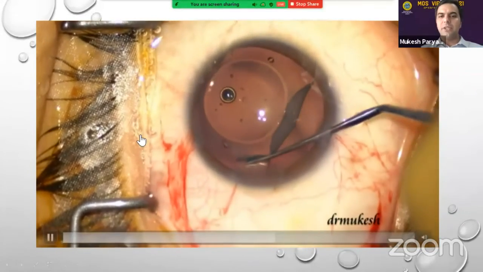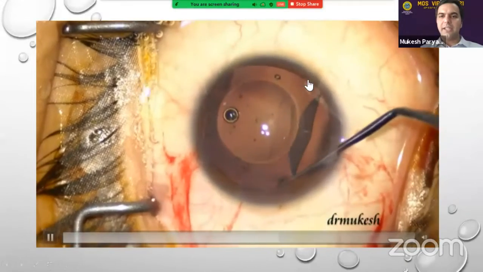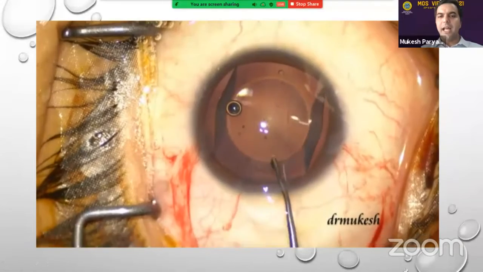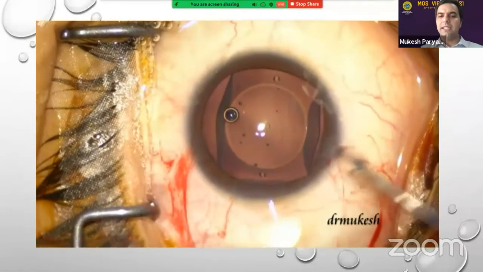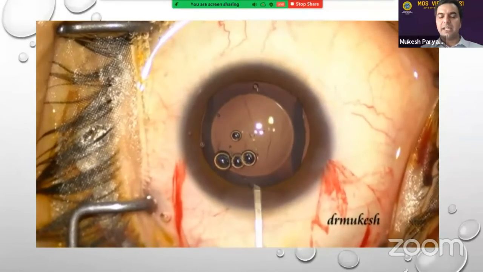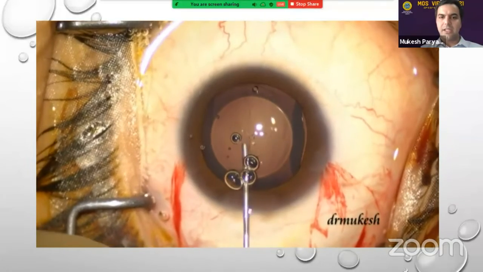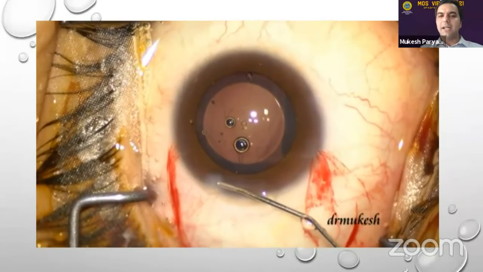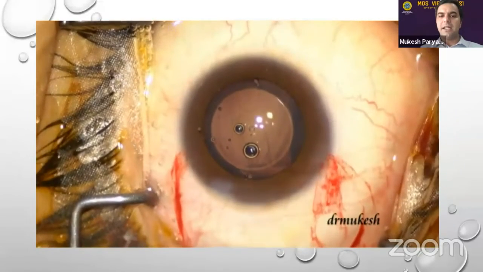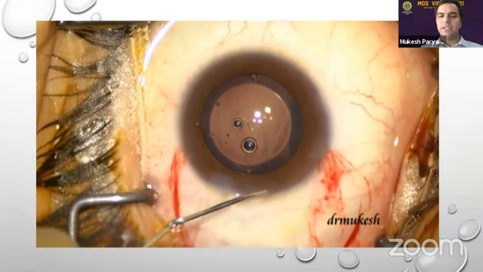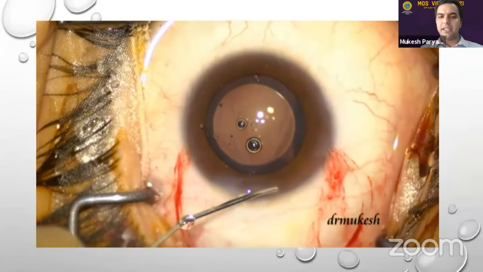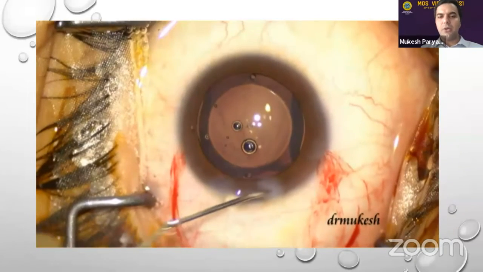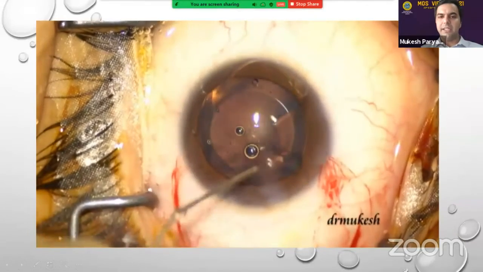So when I'm doing a STAR ICL, there is an orientation hole on the right upper corner and the left lower corner. And it is opposite for the Care Group IPCL that we use. Once I make sure that the convexity is up and all the haptics are underneath the iris, what I usually do is hydrate the main port because I don't need the main port anymore. And then perhaps I go from the side ports and do the irrigation aspiration.